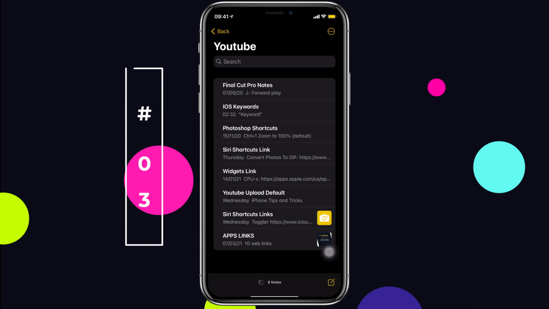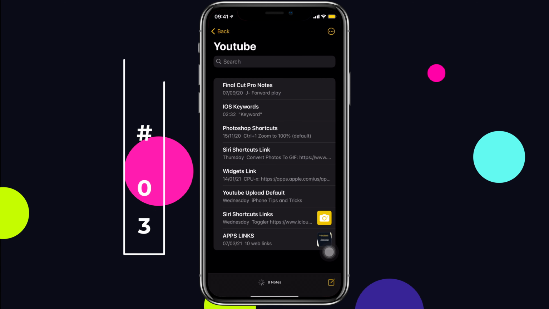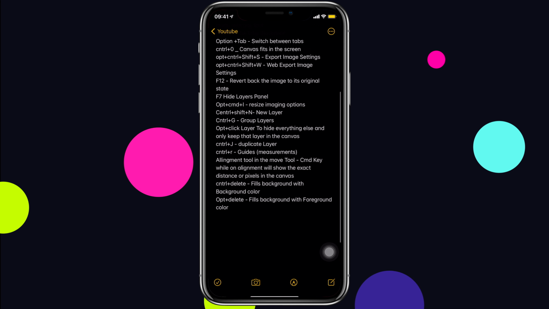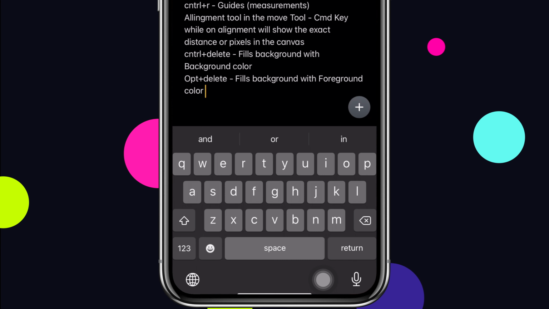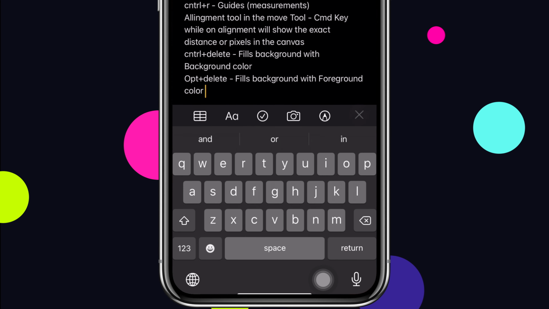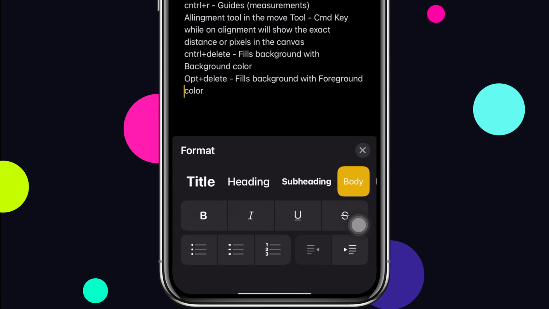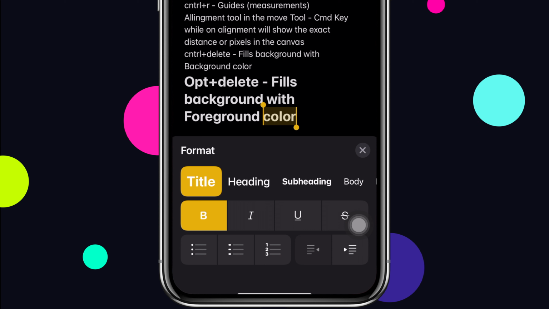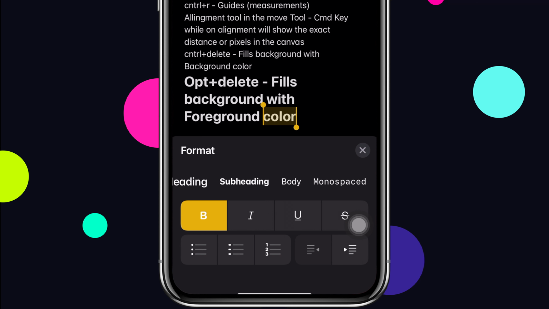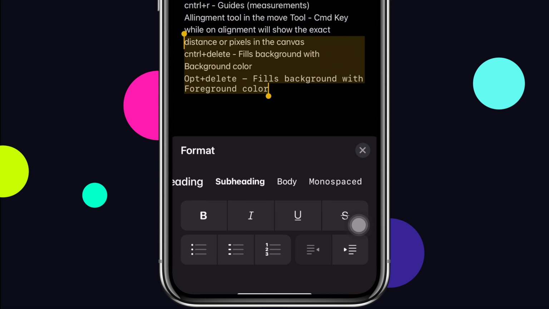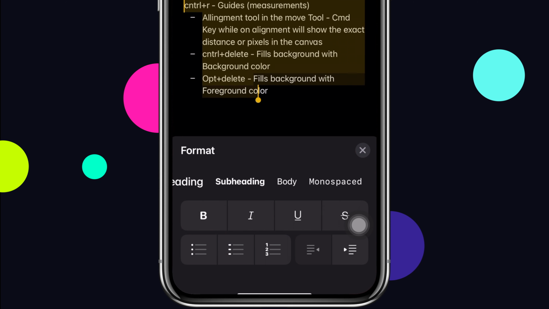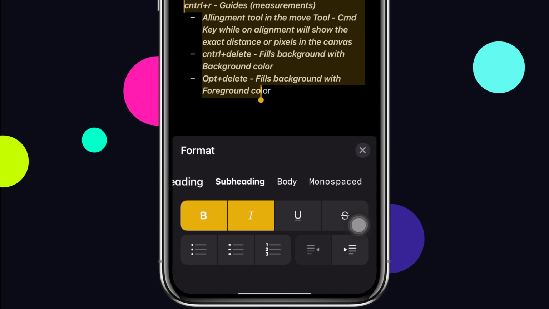It's easy to enlarge text in the Notes app on a Mac, but on iPhone, it can't be done exactly. But here's the trick. When the cursor is blinking, you can find a plus button here which will lead you to advanced formatting. Select the text, then change the format to title to make the text larger, or play with some other formats. You can also add numbers and bullets to the text, or make the text bold or italic right from here.